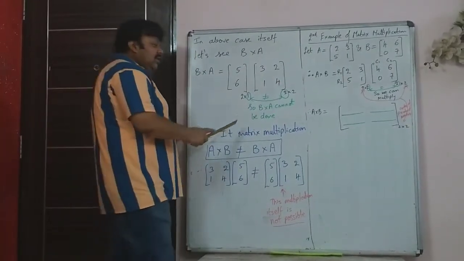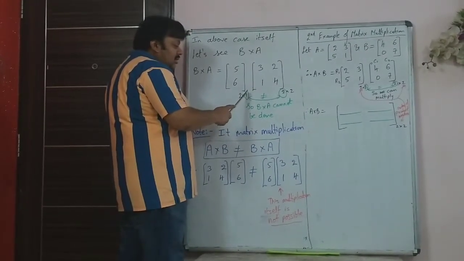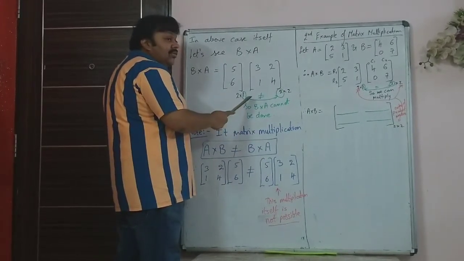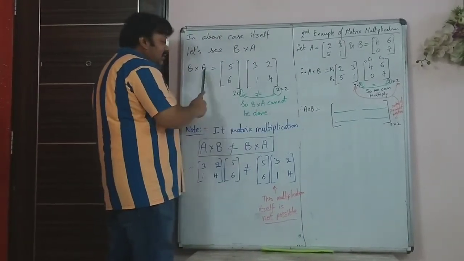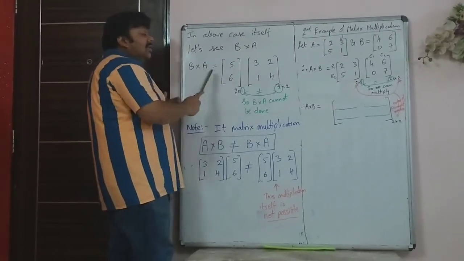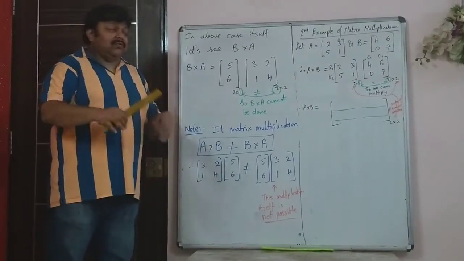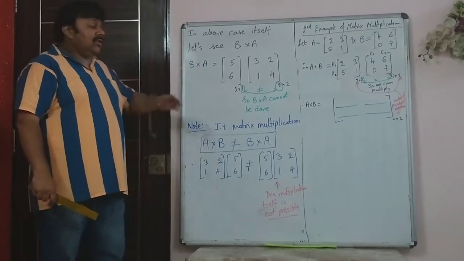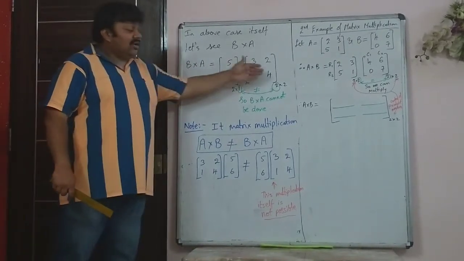But now if you see, this 1 and 2 is not equal. That means the number of columns of the first matrix B and the number of rows of the second matrix written, that is A, is not the same. So in this case you can't even multiply. We found A into B, we got the answer, we know the product. There the multiplication was possible. But when you write B into A instead of A into B, the multiplication itself is not possible.